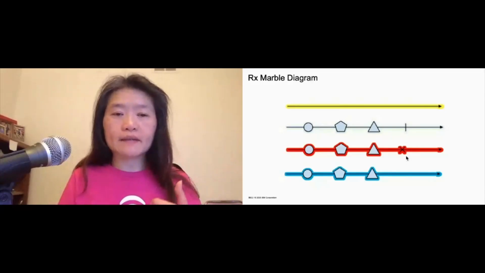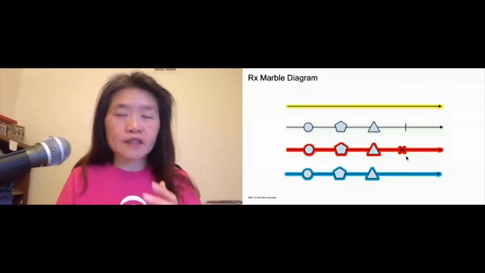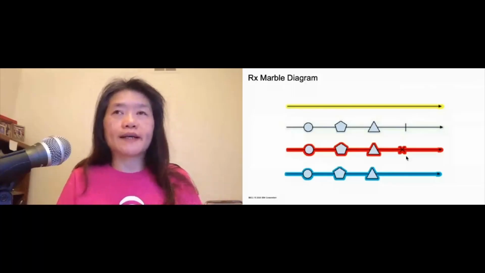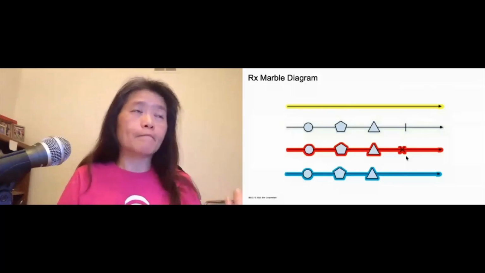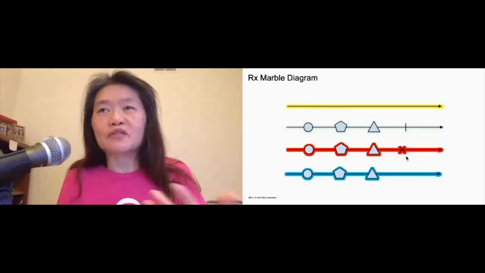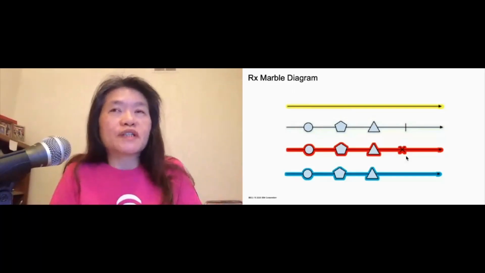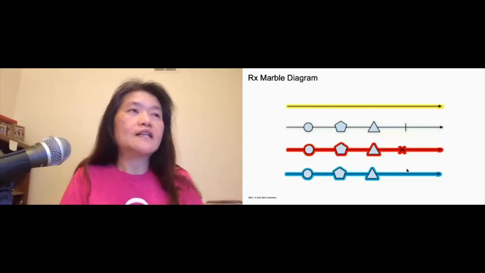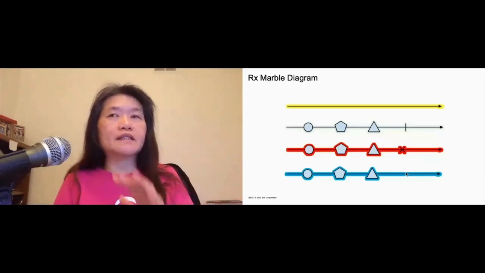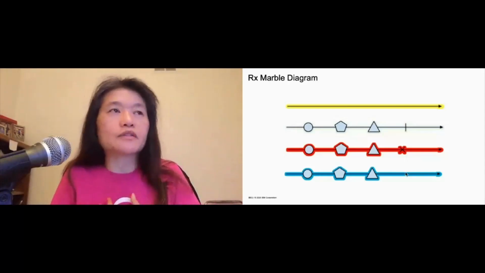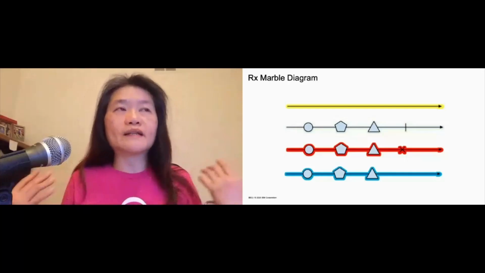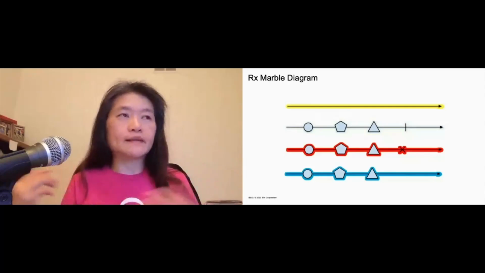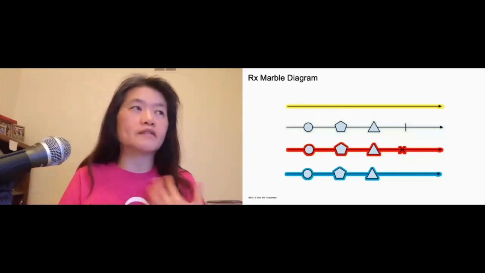An error event in reactive programming is a first-class citizen. Unlike the imperative style, in which you have an error condition and need to catch the exception, the way an error event is treated is the same as any other event. So when an error occurs, it blocks the stream from going forward and must be handled accordingly. And then the bottom one is an open-ended stream. You see events coming in, data gets transformed, but the stream remains open to receive new events.